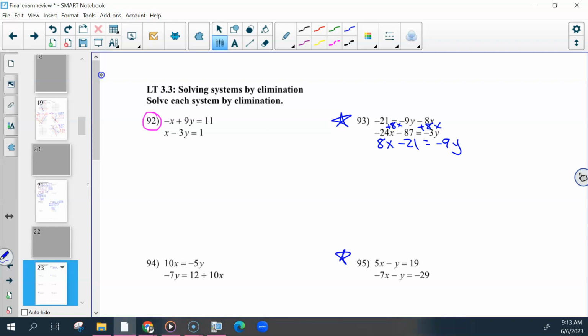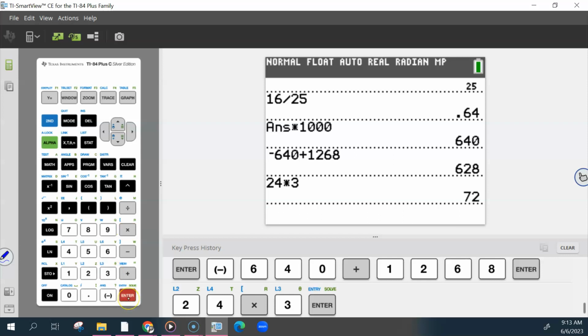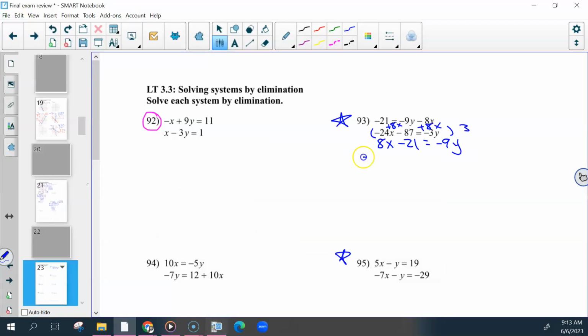So we make the top the same. We want our y's to eliminate. So we're going to multiply this entire equation by 3 or negative 3, doesn't matter. And then I'm going to rewrite that under here. Negative 72x minus